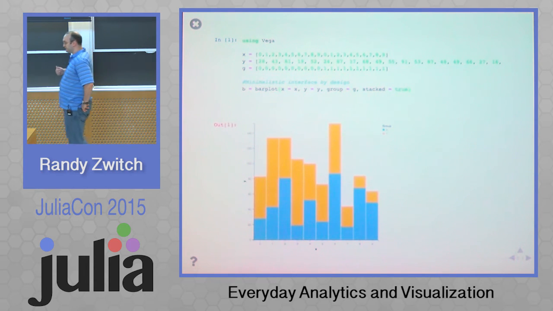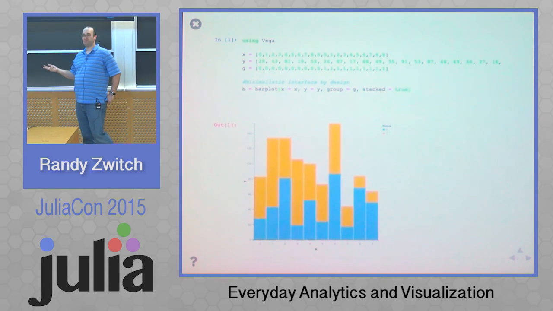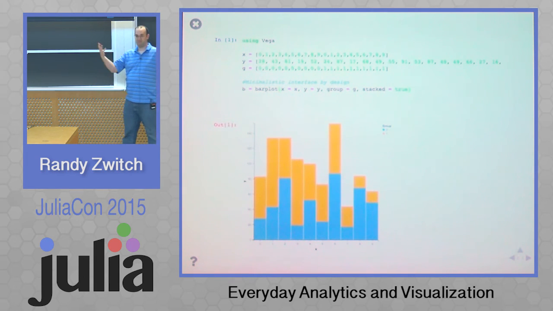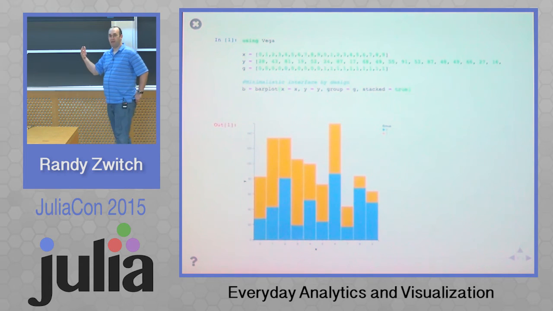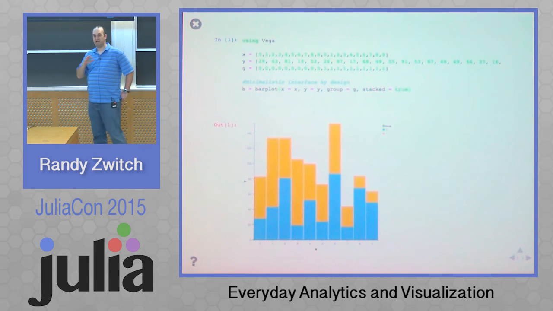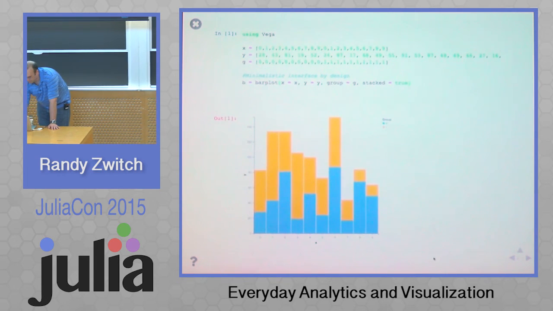And they all make sense, right? It's like, what data do I want on my x-axis? What data do I want on my y-axis? It's optional to pass the grouping in. If you didn't do that, you wouldn't have to additionally pass the stacked parameter. So stacked is false by default, and you would just get a normal bar plot if you had 2 series. But for me, cognitively, it's very easy to just remember these 4 components. I don't need to look up the documentation. I don't need to do anything. And it's a fairly aesthetically pleasing plot. The default color scheme is not so good. It is a little better than ggplot too, in my opinion, but it still could have some improvement.